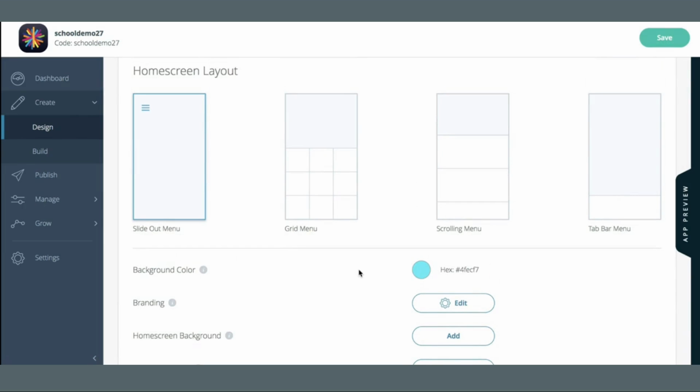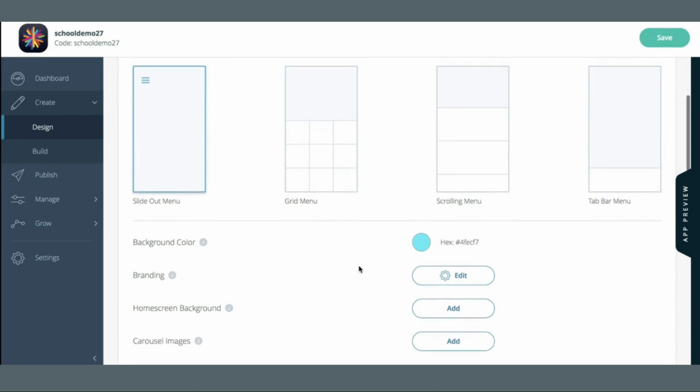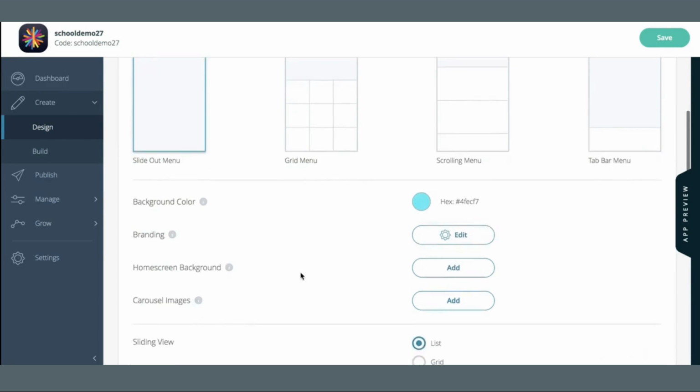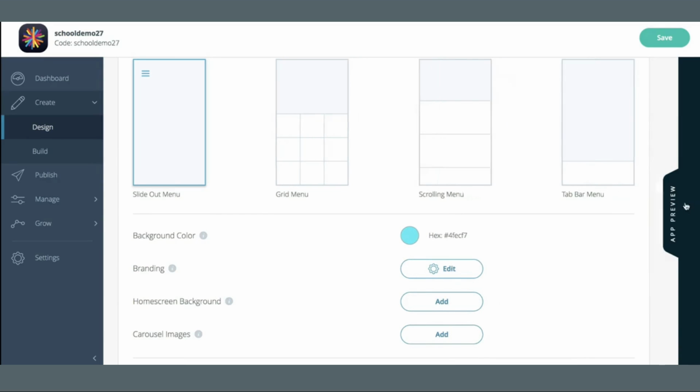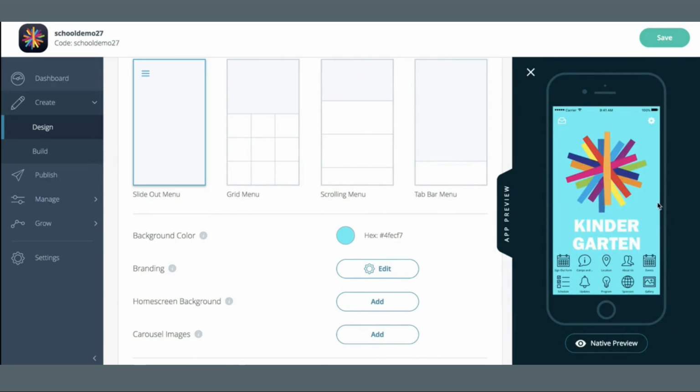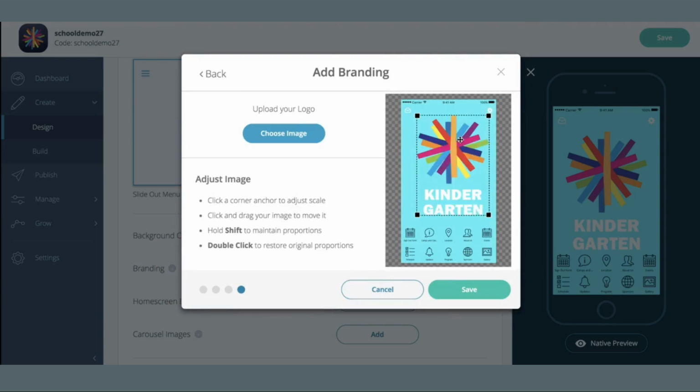For most of the features, and for pretty much all of them, you're going to have the same basic settings right here at the top. Background color, branding, home screen background, and potentially carousel images. Background color is literally the background color of your application, as you can see on the previewer on the right-hand side here. Branding is your logo, and if I go in and edit the branding tool, you can see that